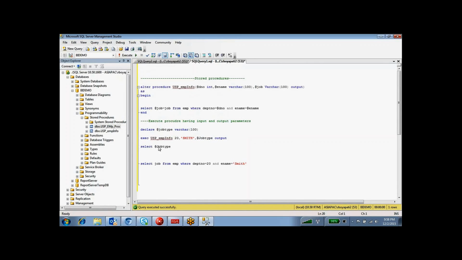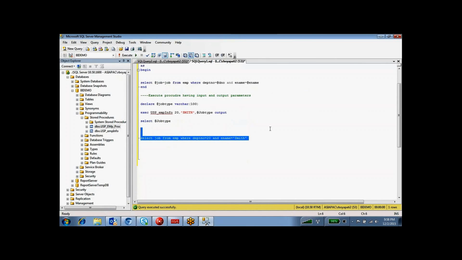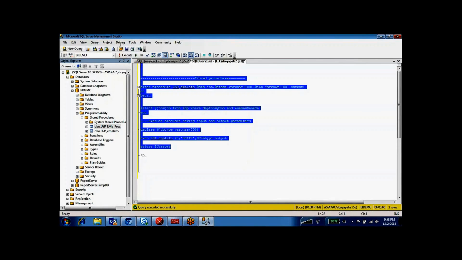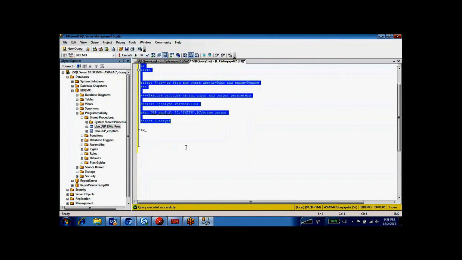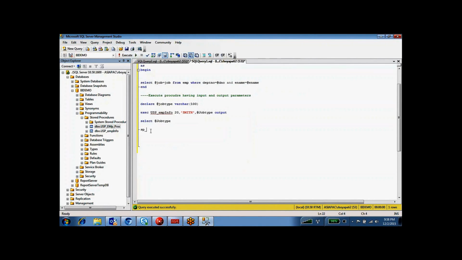So if you want to see whether that value exists or not, you can write down, select that variable. This way you can create, and you can alter whenever you are doing any modifications to your procedure. You have to put alter, right? If you want to see the entire code, the entire create script for this procedure, you have to write down sp_helptext